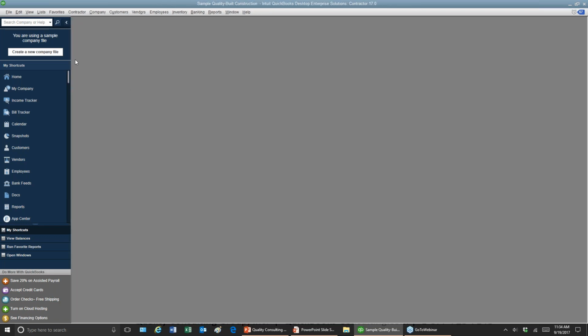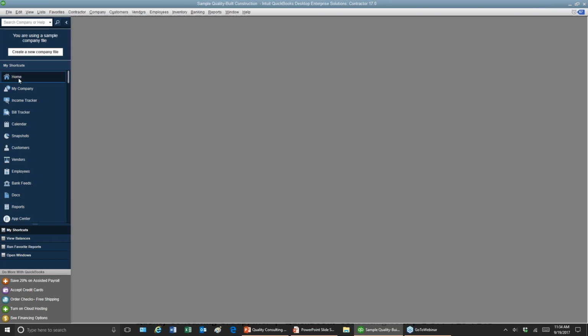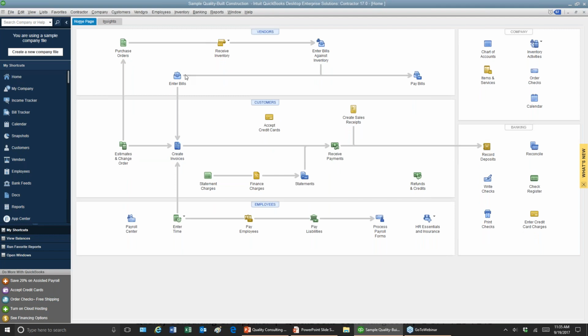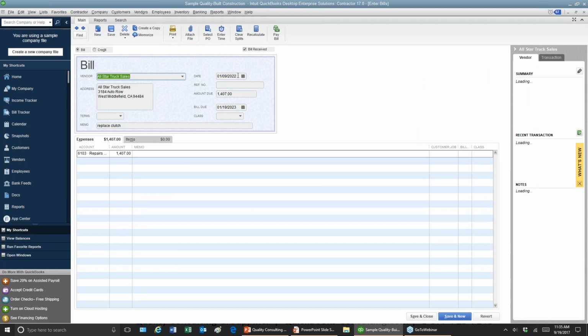Well, I like to explain it this way. Let me go back to the home page. You have certain expenses that you want to capture in a time frame versus having an expense hit the books right when you create the check. There are several different reasons why you would do bills and then pay bills, but just one of them right off the top is that when you enter a bill into QuickBooks on an accrual basis, the date that you enter that bill is when the expense gets recorded.